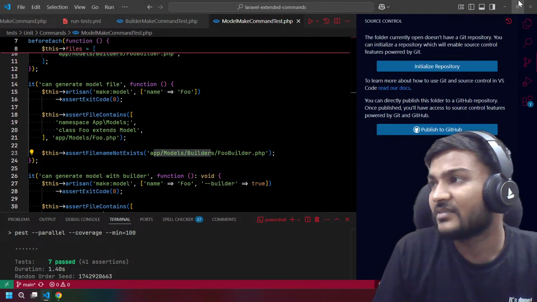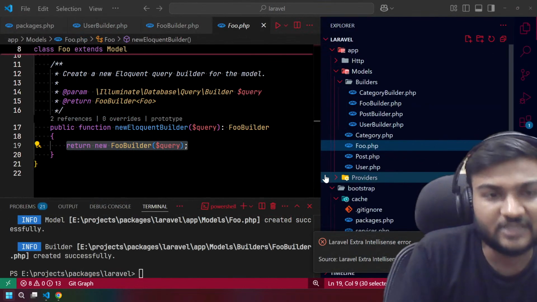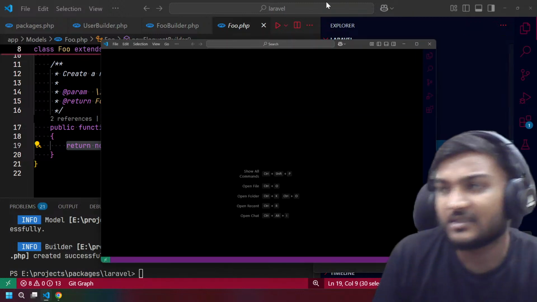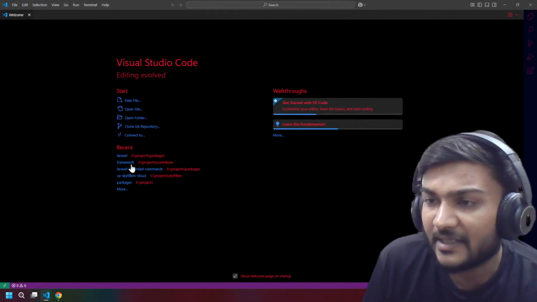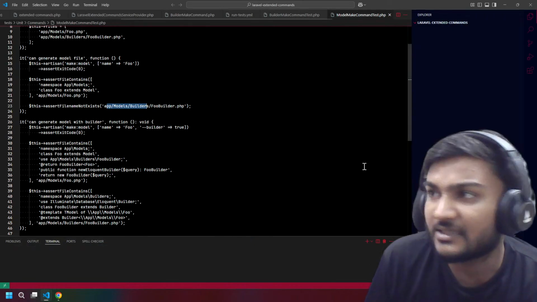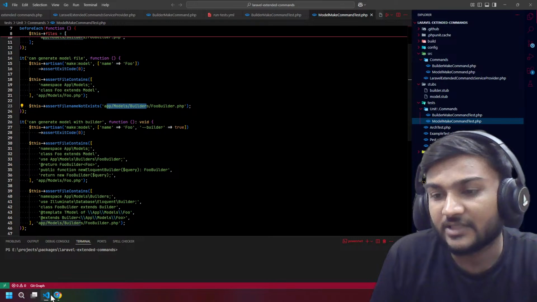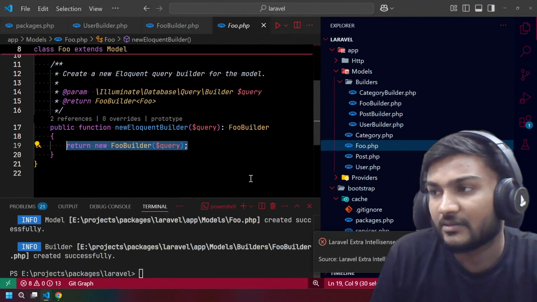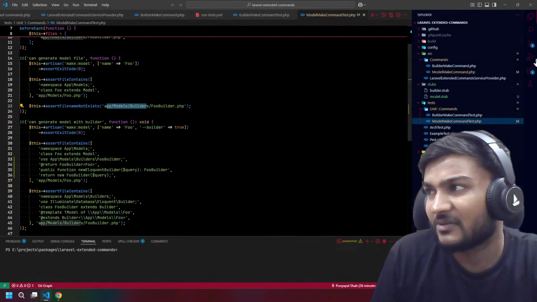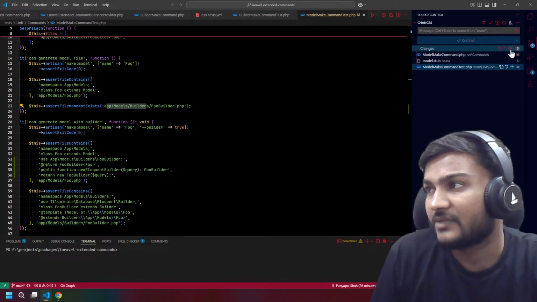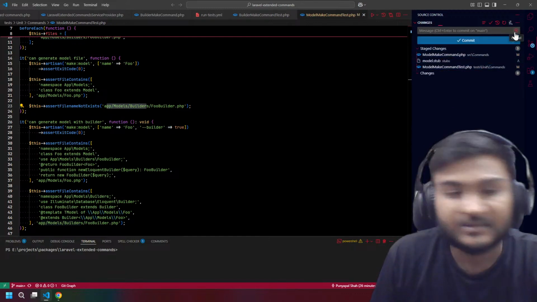Then I think I need to close my VS Code and open it again. And the Laravel extended command, I hope it will come with all the extensions. We can just close this for now. Yeah. And what we can do is we can just commit this, right?